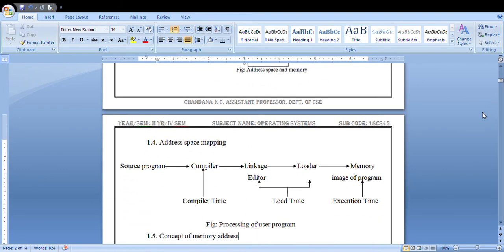And the next one is address space mapping. What do you mean by address space mapping? Whenever you send the user program, how will it get executed? You should know what all the processes that take place within the processor.